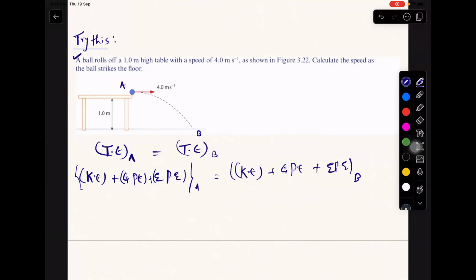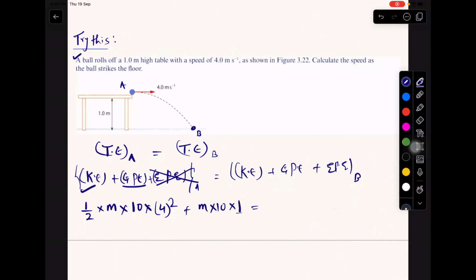If there is kinetic energy at position A, it is one half of the mass, let's keep the mass as m because mass has not been given. When the mass is not given, it is likely to get cancelled. So one half of m, and then gravitational pull, if I take it as 10, and the speed at point A is 4 meters per second. GPE will be the same mass, gravitational pull, and the height is 1. There is no elastic potential energy, so I'll keep it as 0,